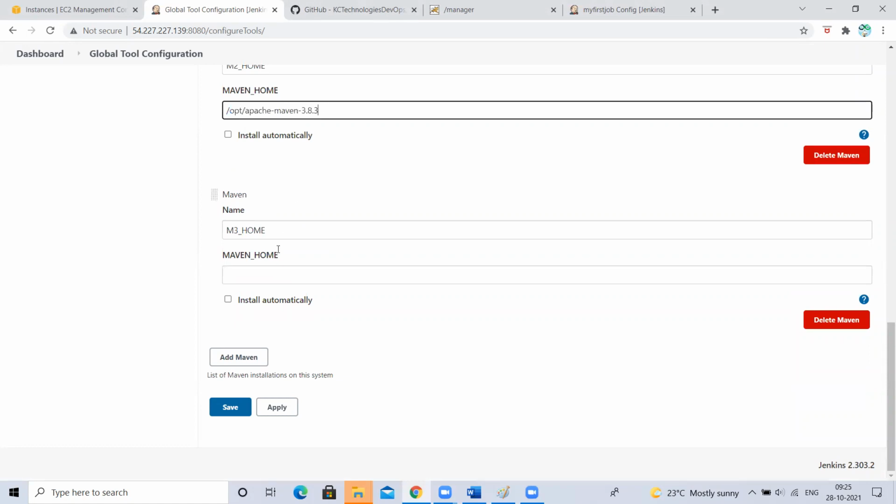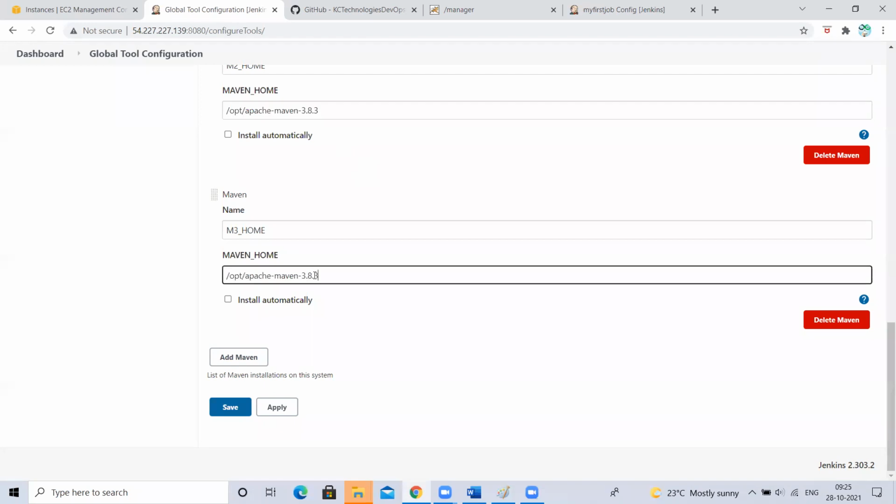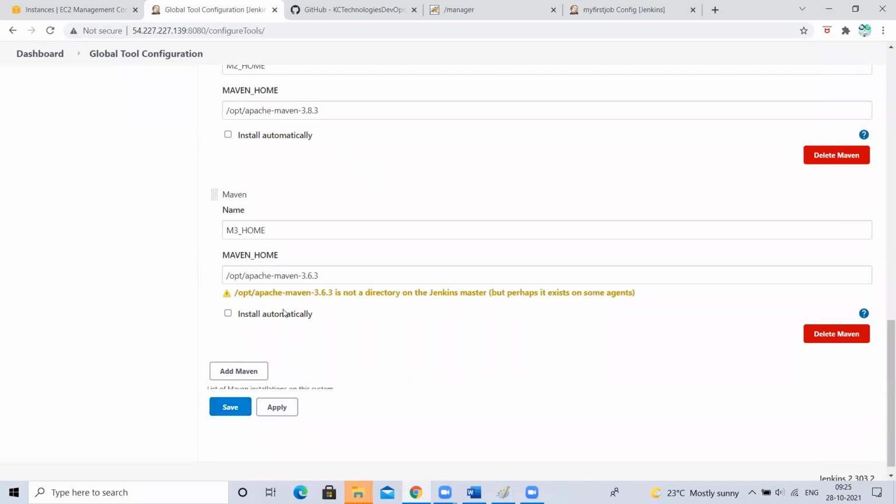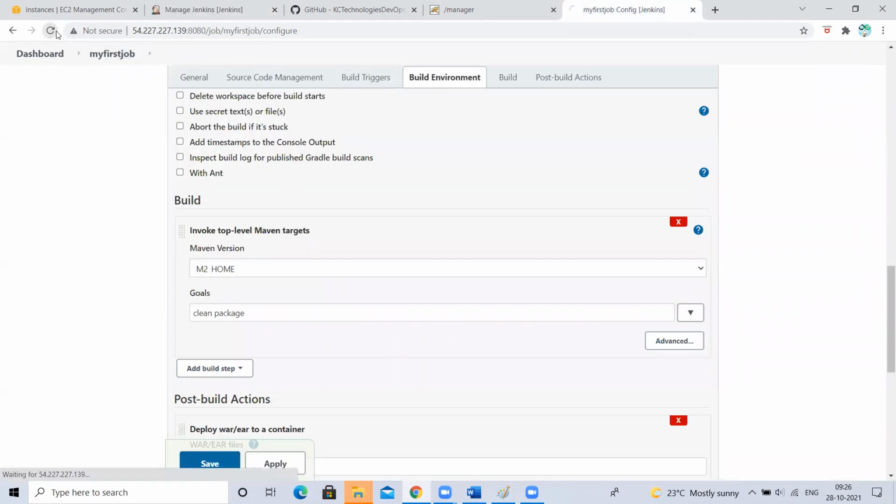Now you can install it later, or else you can download one more Maven like this, with this version 3.6.3, an older version of Maven. You create the m3_home variable and set that also to the path variable. Two Mavens you are setting, right? If you have two Mavens, go to your job and refresh this.